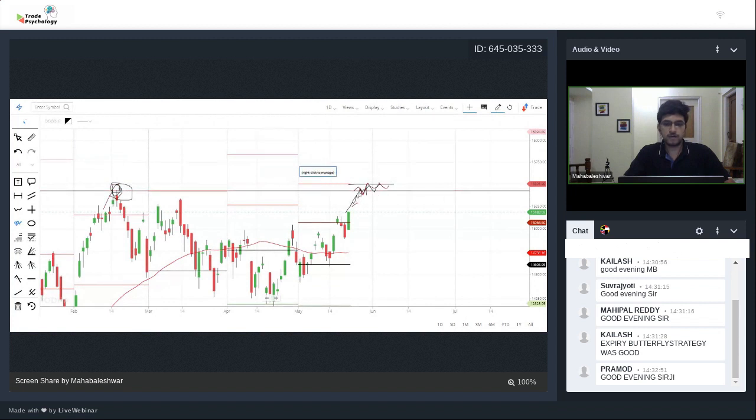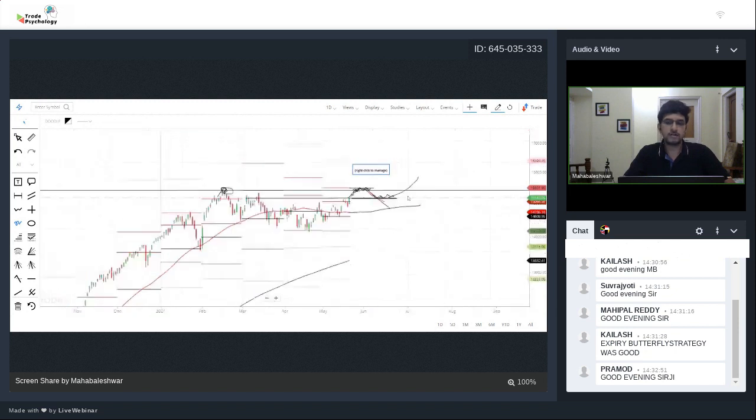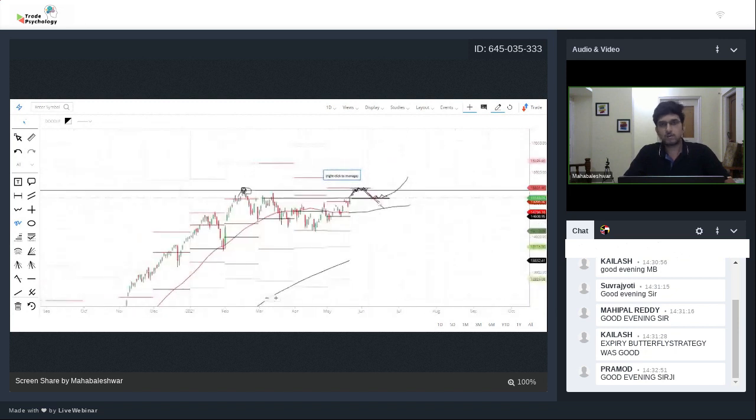So we expect it will likely consolidate. I'm not saying from here the Nifty will reverse, but it will try to consolidate. And again, it will try to take support at the previous lows and it is likely to go in the upper direction, because until and unless the trend is above the 50-day moving average, it is always bullish. Any dip in the market is a good buying opportunity because we're expecting that it may head towards the 16,000 level